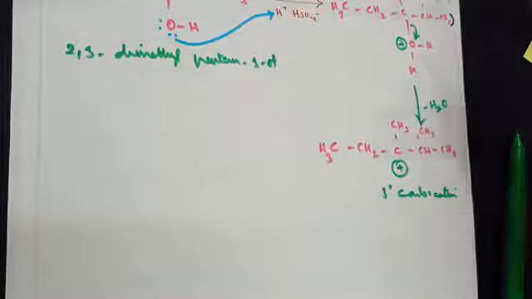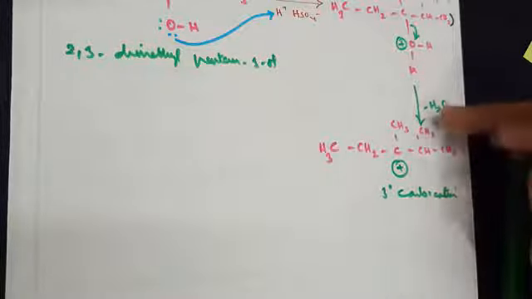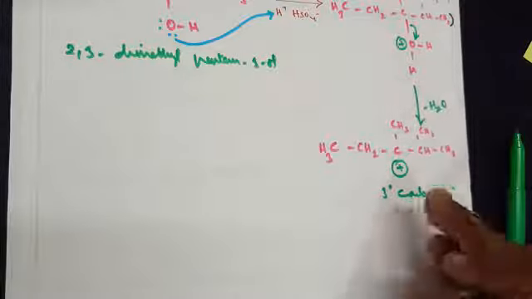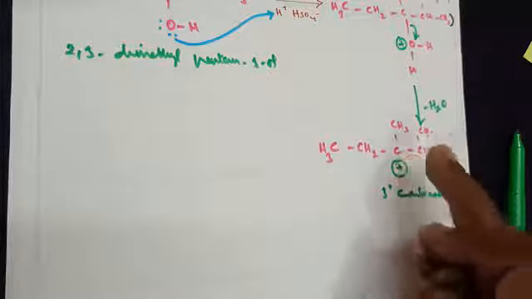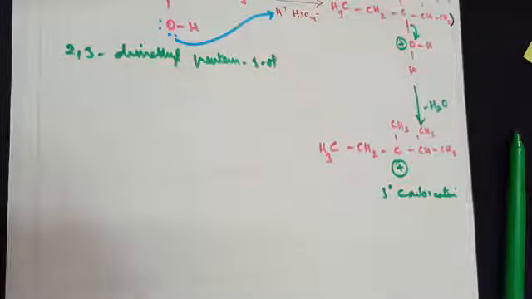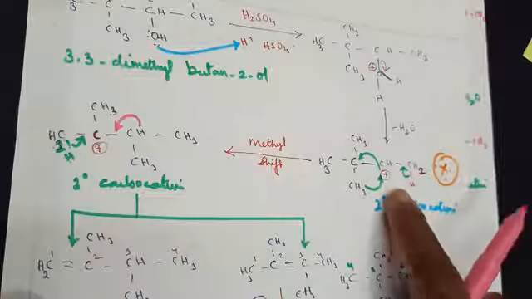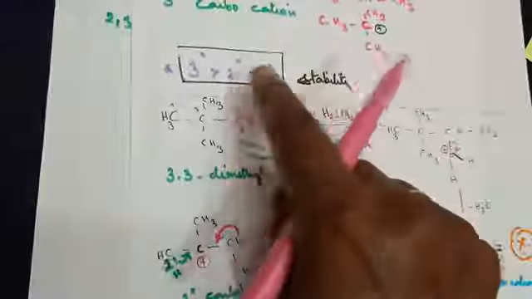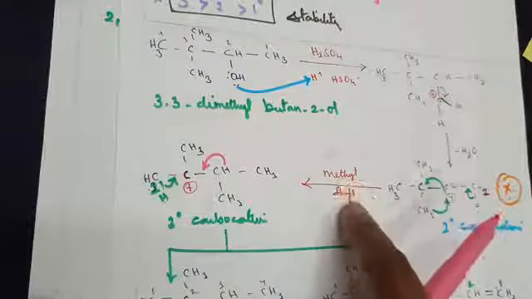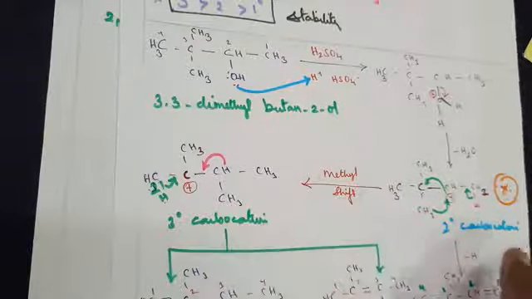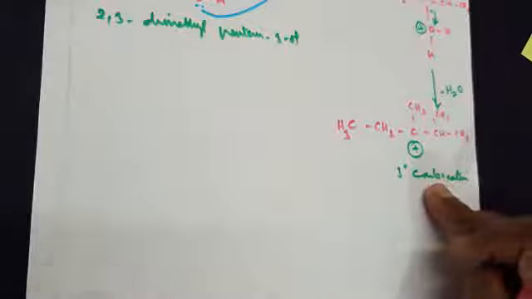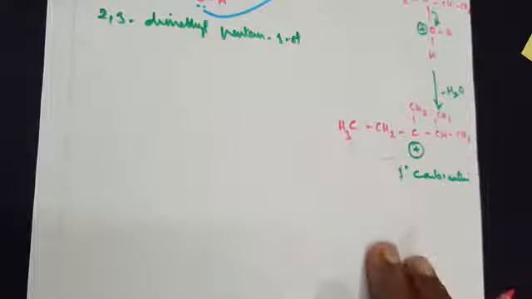And that's what I told you there, and I'm repeating again. After the removal of water molecule, you will see the formation of a carbocation. Identify clearly whether it's a primary carbocation. If you remember, in the previous class I very clearly explained to you whether it's a primary carbocation or a secondary or a tertiary. If it is a primary or a secondary, methyl shifting should be done to make it into a tertiary carbocation. Now in this case, you automatically got a tertiary carbocation which is more stable. So no need of any shifting.